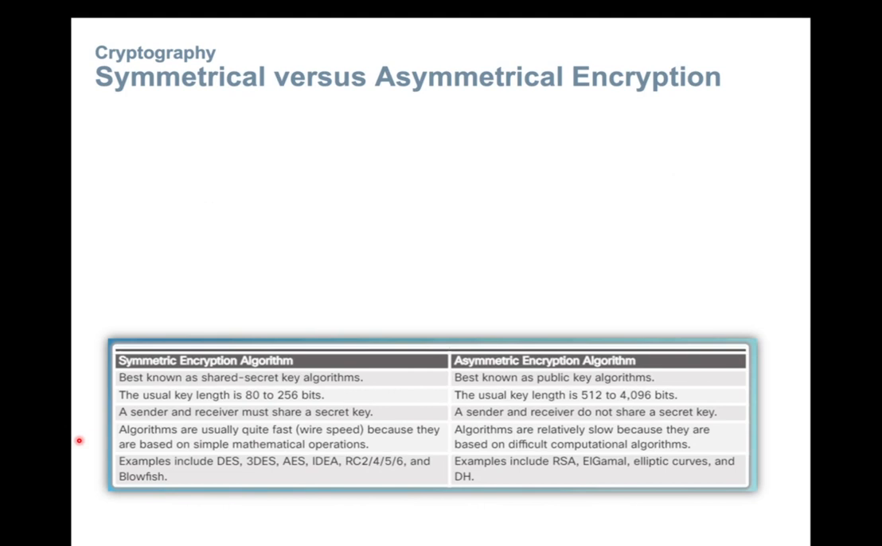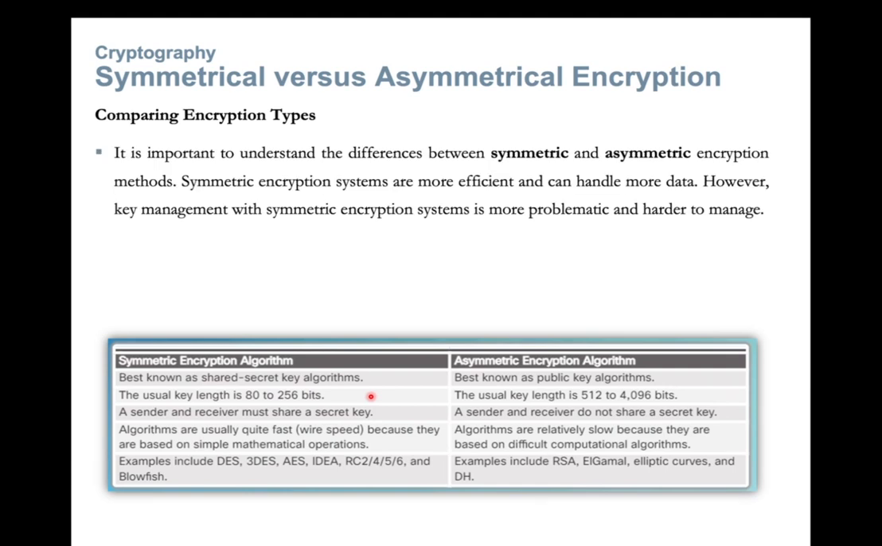So, in this symmetric versus asymmetric encryption, if you're comparing the encryption type, then in symmetric key encryption, it is best known as your shared or secret algorithm. It is important to understand the differences between the symmetric and asymmetric encryption methods. Symmetric encryption systems are more efficient and can handle more data. However, key management with a symmetric encryption system is more problematic and harder to manage. Whereas in asymmetric